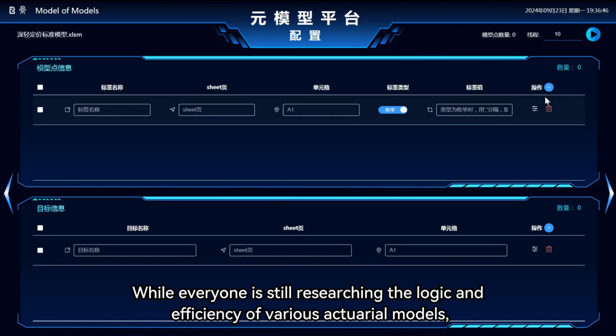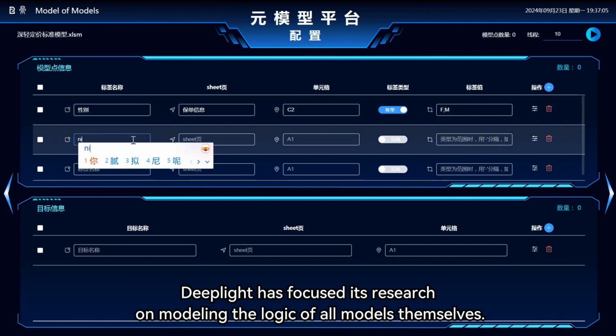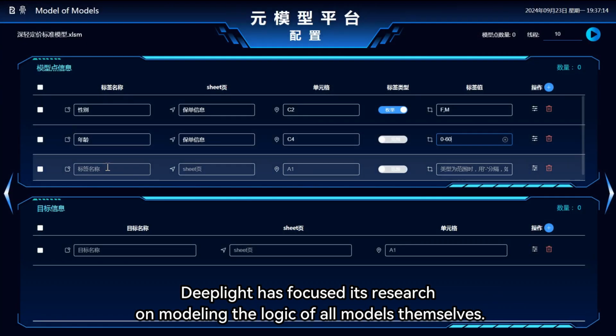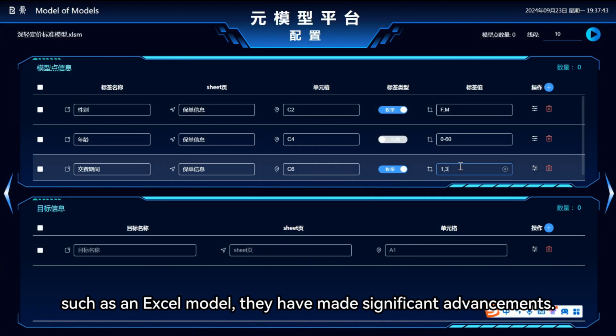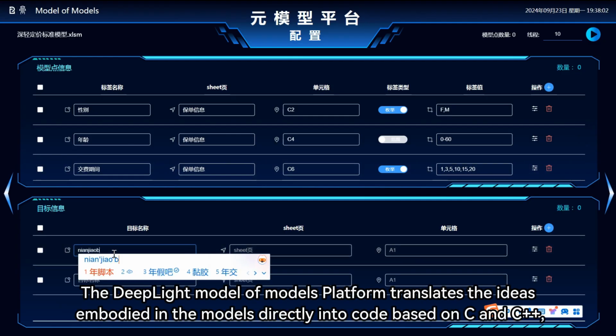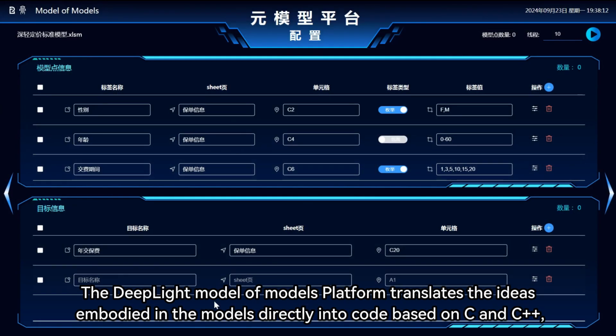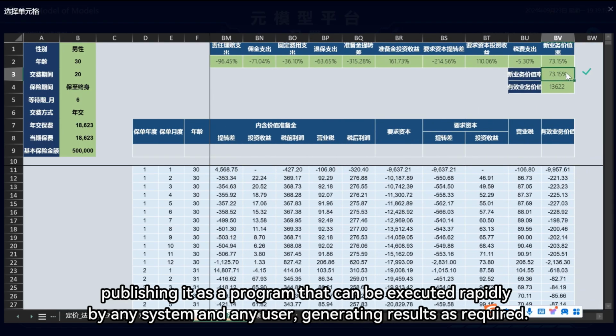While everyone is still researching the logic and efficiency of various actuarial models, Deeplight has focused its research on modeling the logic of all models themselves. By learning, parsing, and summarizing the modeling logic behind any given model object, such as an Excel model, they have made significant advancements. The Deeplight Model of Models platform translates the ideas embodied in the models directly into code based on C and C++, publishing it as a program that can be executed rapidly by any system and any user,